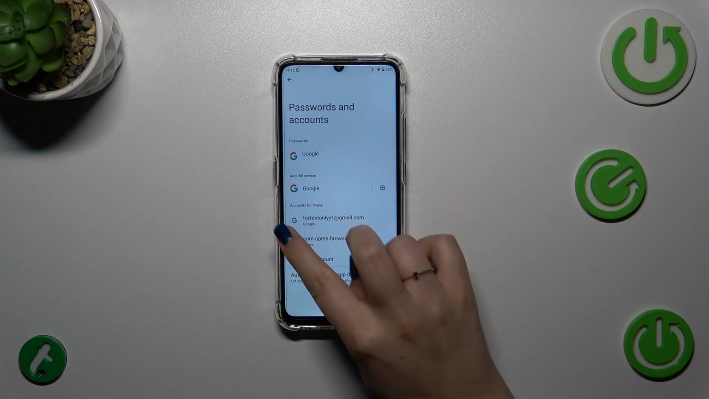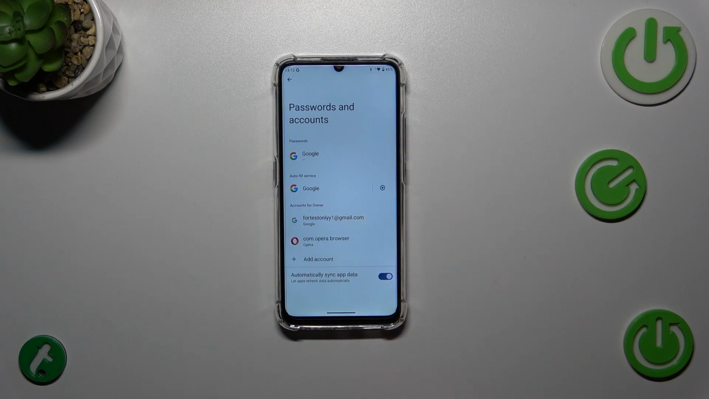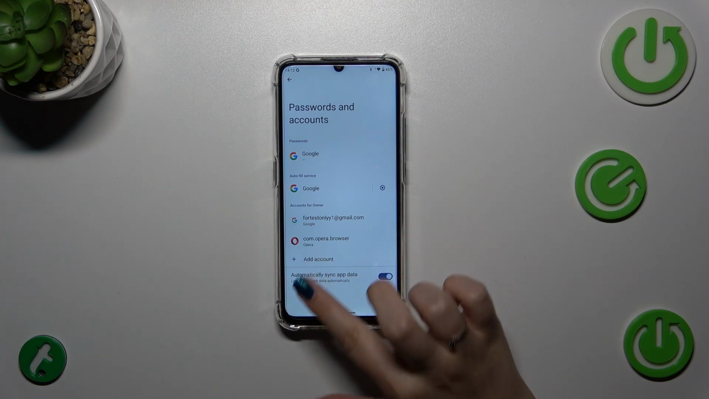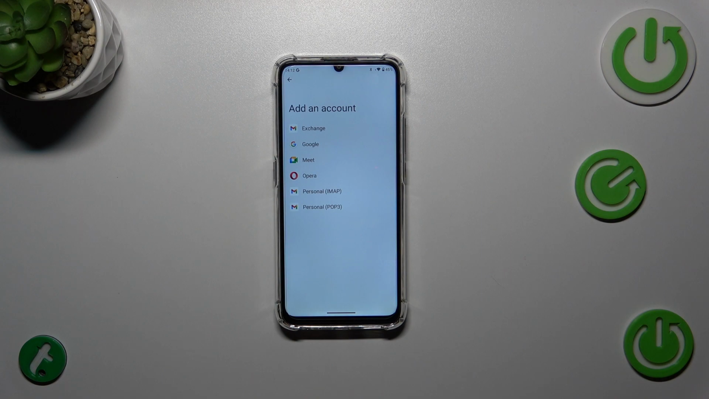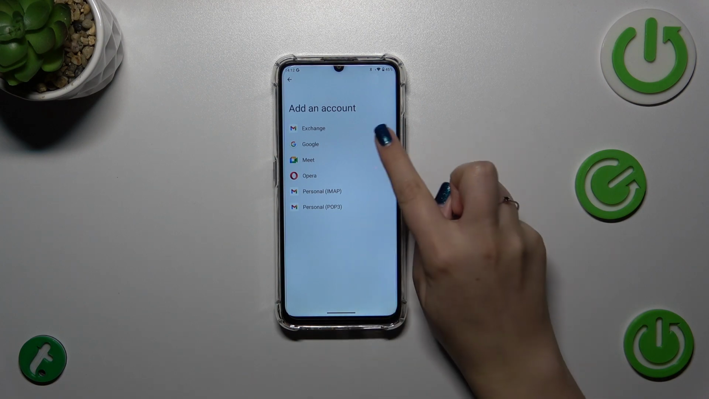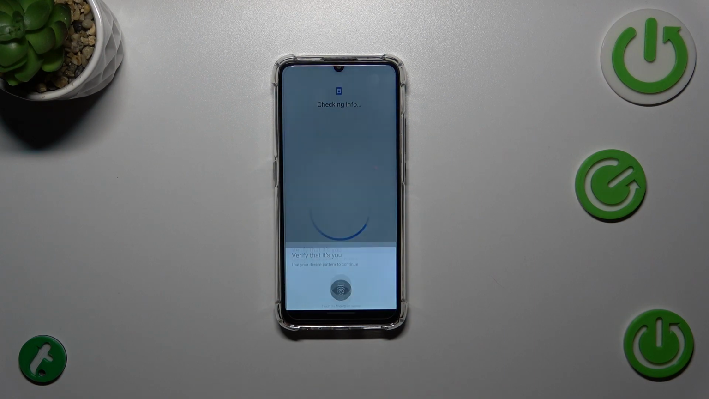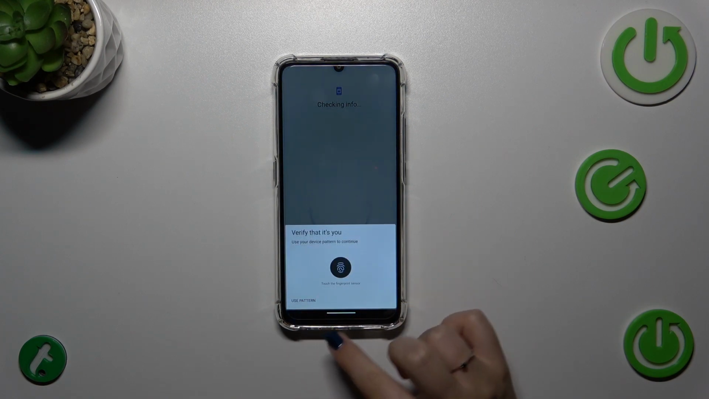And as you can see here, we've got our previously added Google account. So maybe let's add another one. So we will start with adding operation. So I can at the same time show you that you can have more than one or two different Google accounts. After tapping on it, simply pick Google and make sure that you've got the internet connection because it is